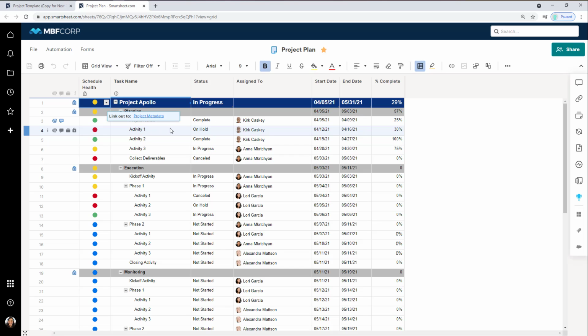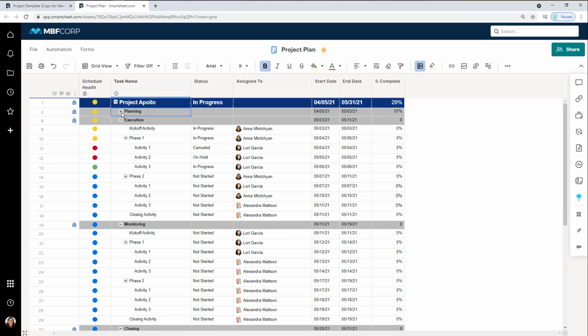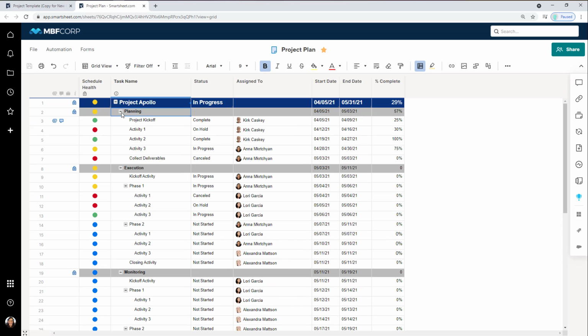So you will see that I am tracking status with a symbol column. I have a primary column, which is where I have been able to indent and outdent my tasks. This is a great way to set up your project in multiple phases and really keep your work focused and organized. And I have a drop-down column for tracking status, a contact list column for assigning work, and 2 date